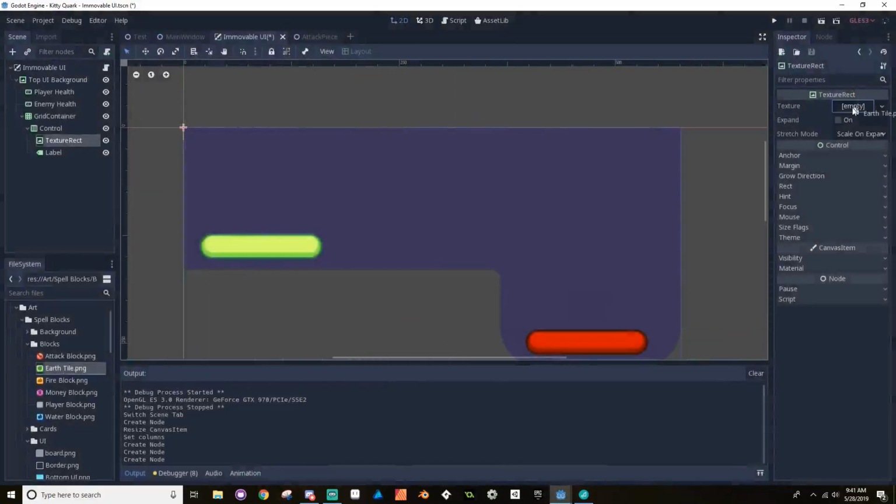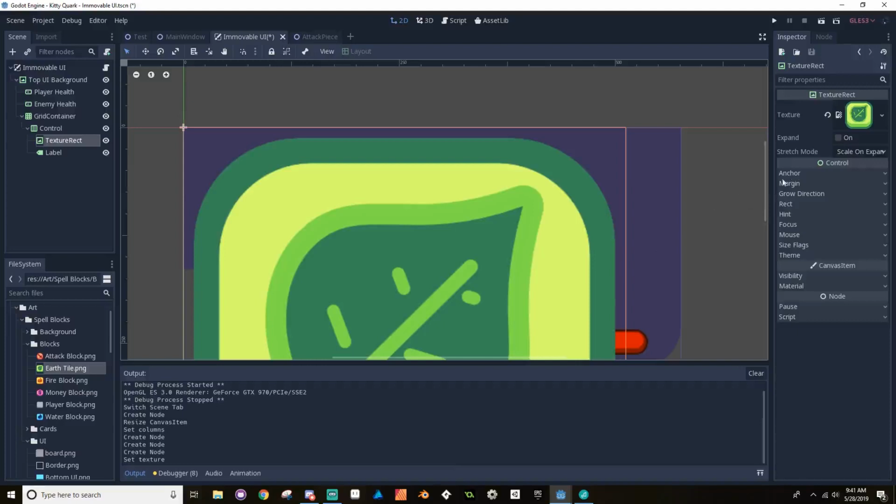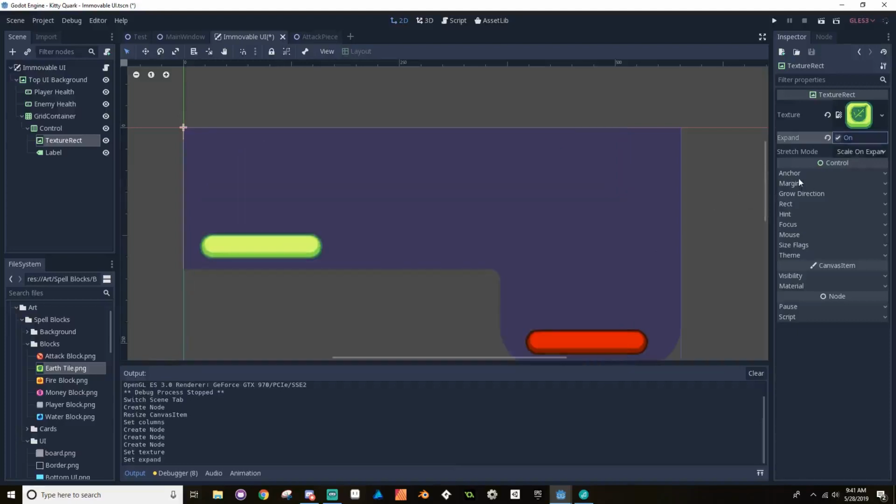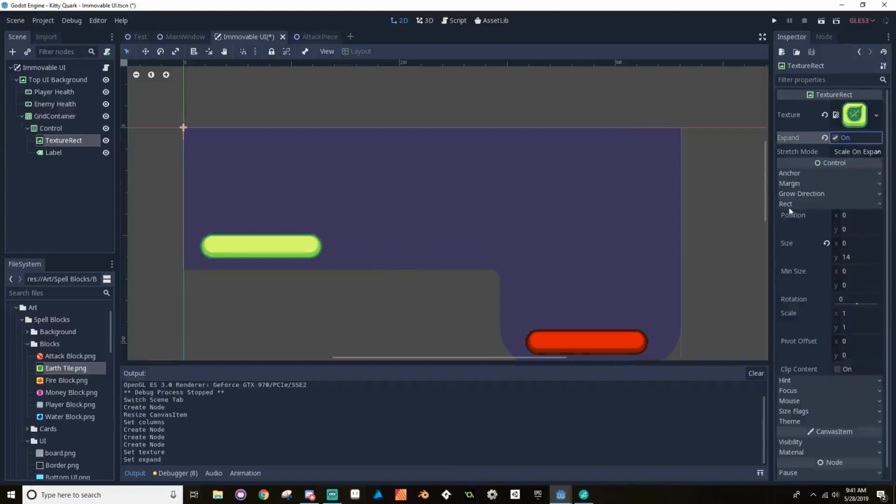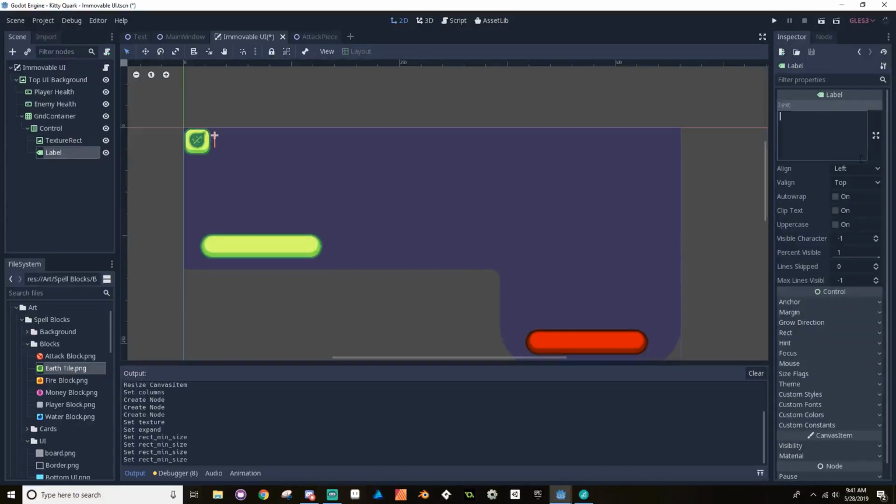I'll give it this gigantic thing. Let's turn on expand and rect. Let's make the min size 16 by 16. No, we can go bigger than that. 32 by 32. All right, cool. And then for my label,